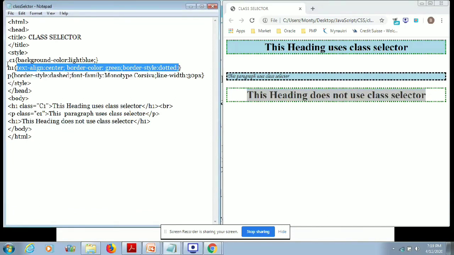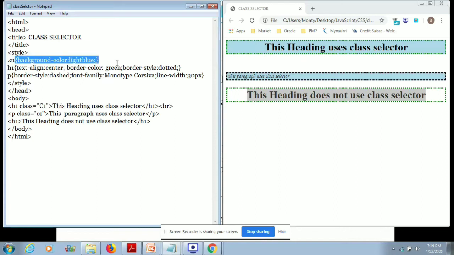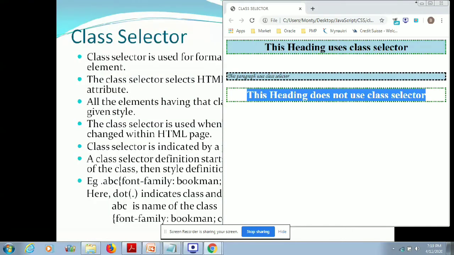Okay. So whenever you are using a class, you can define it to multiple tags. It can be for H1, it can be for P, for body, wherever you need to apply that definition. Okay. So this is what class is going to do. You can apply the same definition for different tags. You can select the tags according to the presentation that you want. Remember that it starts with a dot, class name and the style definition. Okay. Now this is all about your class. Coming back over here.